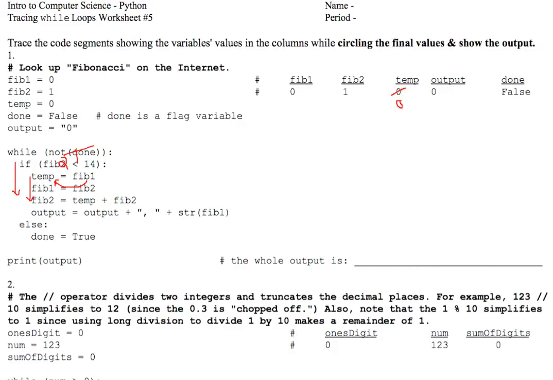The next line of code, from right to left, fib1 equals fib2, so therefore whatever is currently in fib2, plug it into fib1. Fib2, okay, that's a 1, and plug it into fib1. So this 0 over here becomes 1. It's kind of like that 1 overwrites this 0 here. Next step,